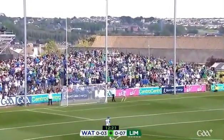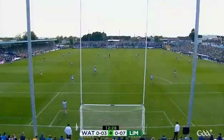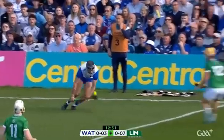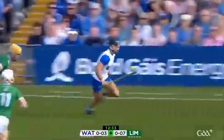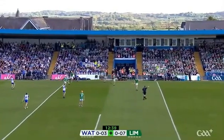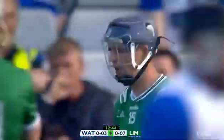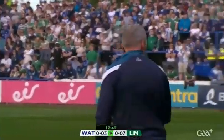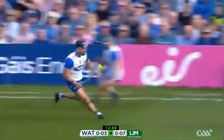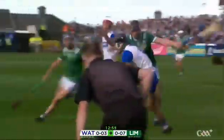It's Tom Morrissey again. And he's missed again, just struggling to get the radar locked on. That's 2 wides for the wing forward from Ahane. As Billy Nolan tries to mix up the puckouts, he finds Mark Fitzgerald, caught by the Limerick forward there, and he will get the free. Well, David Reidy it was who moved across there to try and stop him in his tracks. In fact, Burns it was who caught him initially, Tommy, and Diarmuid Burns is on a yellow, and that was